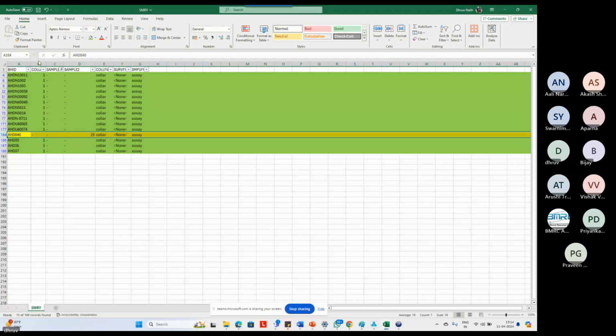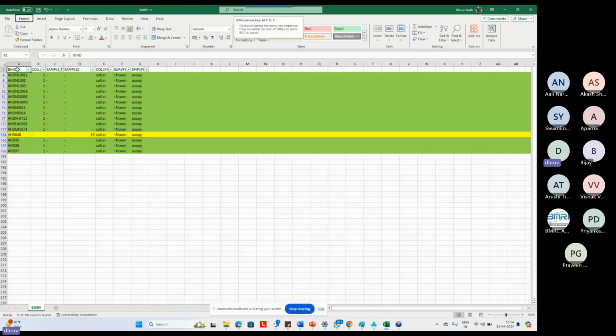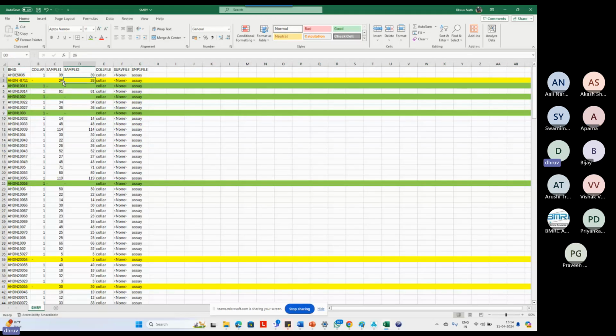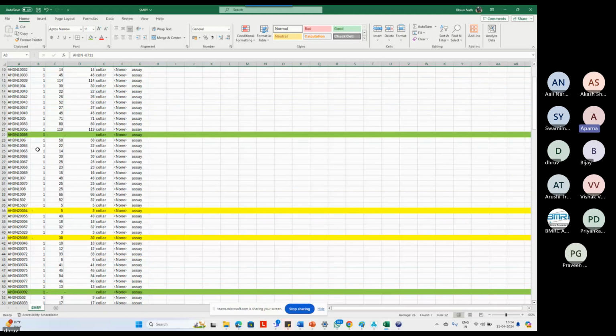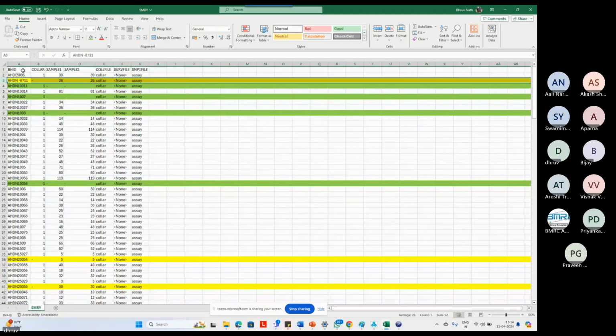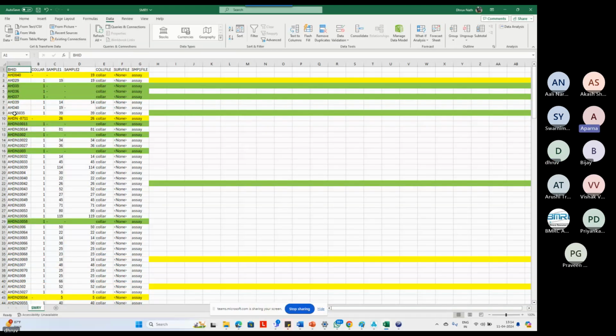But for the remaining, we have to check, because there is a collar file but no sample file, and there are other areas where there is no collar file but there is a sample file. So we have to cross check. For example, let's check AHDN 8711. So let us sort it. Data sort. Now see, here ASDN minus 8711, and then there is